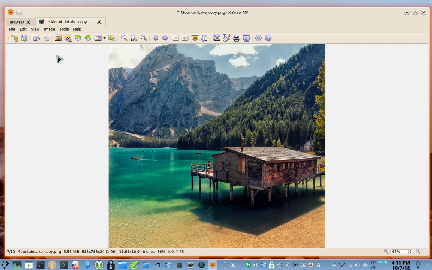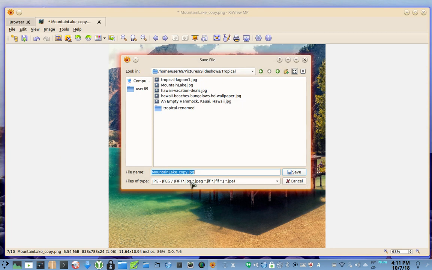Okay. Then all you've got to do is click the save button, and it automatically pops up, and you can select the same format or a different format. In this case, it's selecting a JPEG format, which will also reduce the size. JPEGs are usually smaller than PNG images, and you can